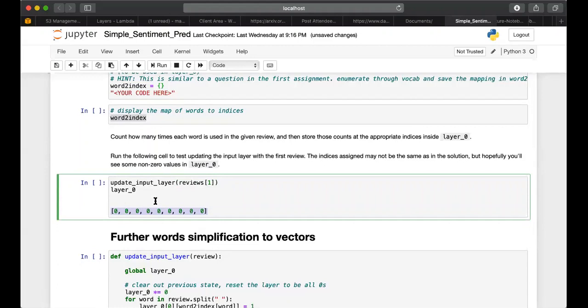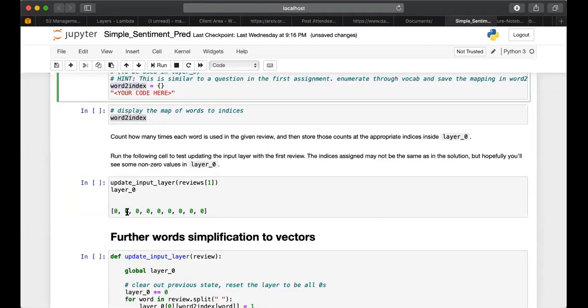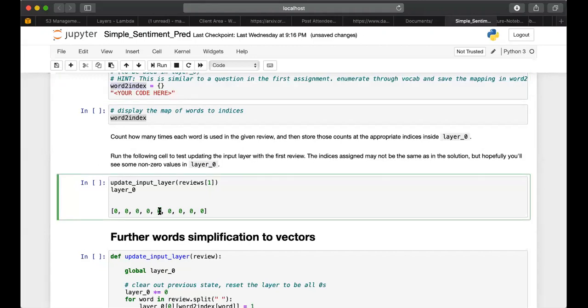But you are passing it such that if a word occurs in a particular document, wherever the index of that word is here, you would replace the zero at that index with a 1.